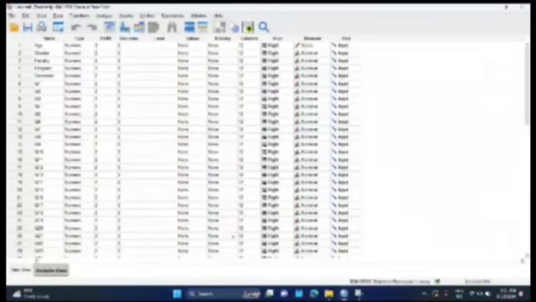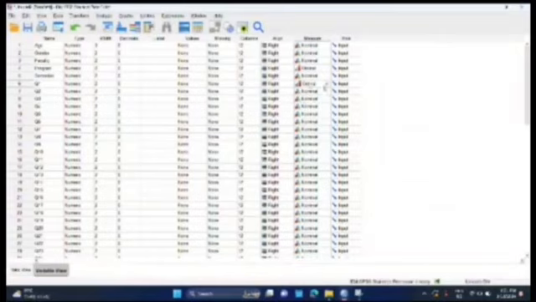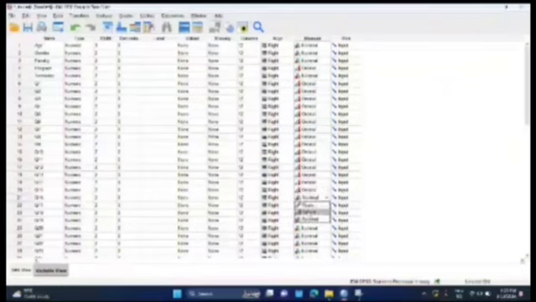First, we import data from the Excel and we open the statistic data and we click OK. First thing we're gonna do is change the age to the nominal, and then we change program to ordinal measurement, and next we're gonna change the Q1 until the Q30 to the ordinal. After we change all the measurement to ordinal, we align the